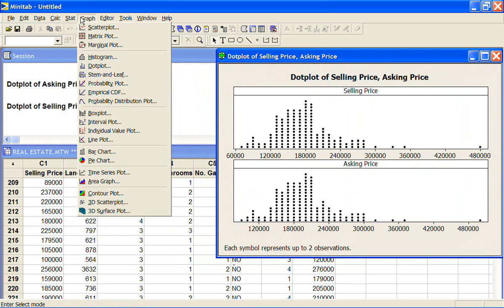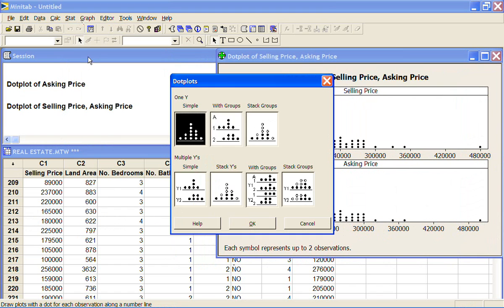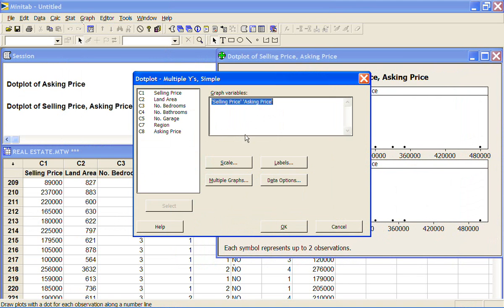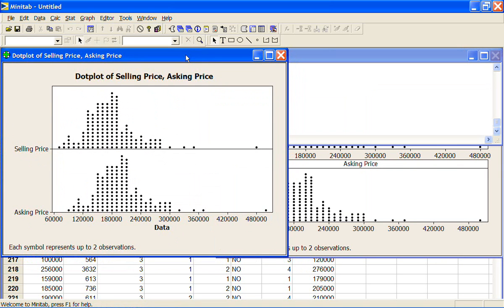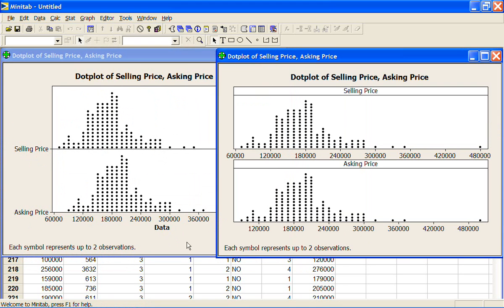Alternatively, what we might want to do is do a multiple Y's, and I'll show you what the difference is between these two. So if I put in selling price and asking price with a multiple Y's choice, by default you're going to get them on the same plot already, and the difference here is that they are now both drawn on the same scale. So if you go to a simple dot plot but put two variables in and ask them to be drawn on the same page, you're going to get literally two separate plots stuck together,